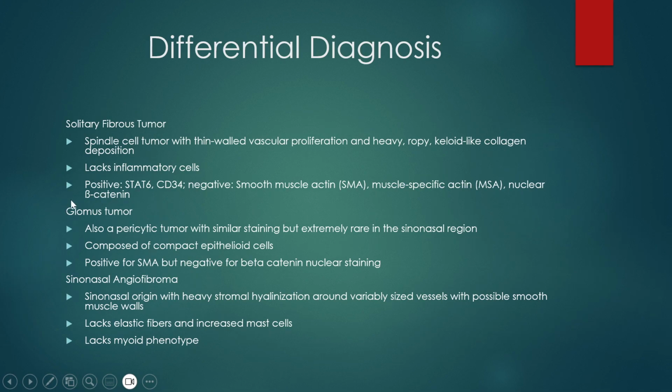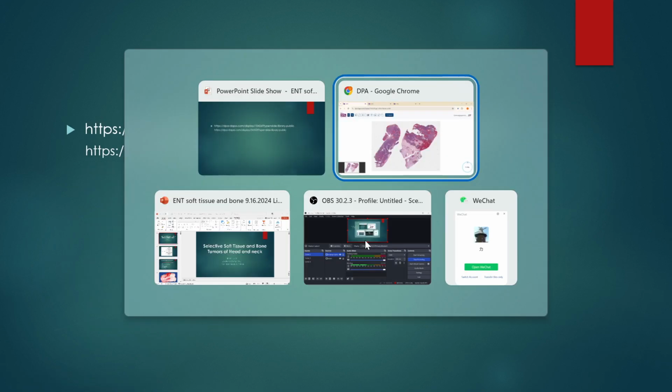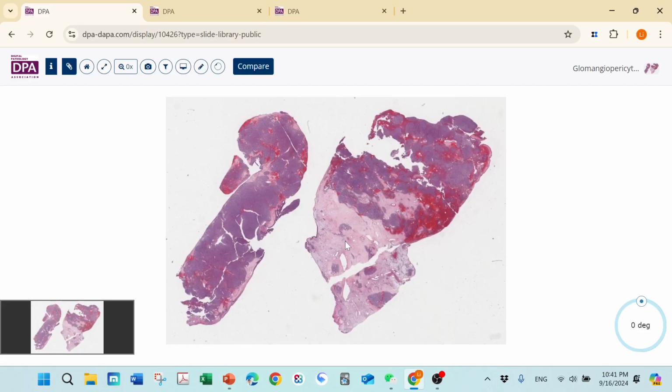For the glomus tumor, we also can see this monotonous cell hugging around the vessel, but like mentioned here, extremely rare in the sinonasal area, and then also only SMA positive but negative for beta-catenin. So this